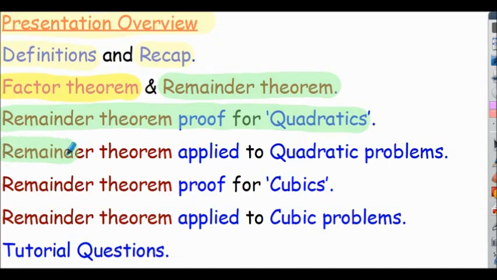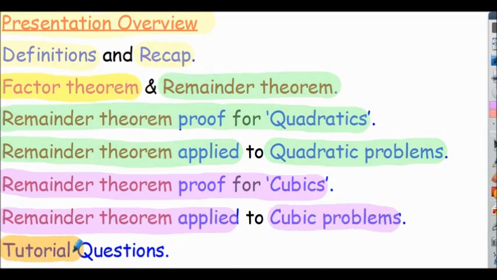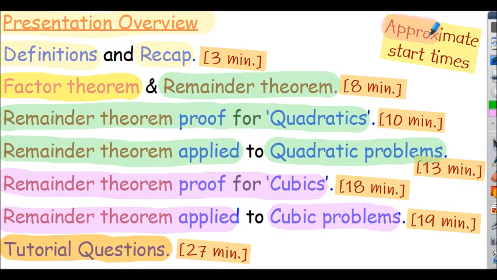We then have a section where remainder theorem is actually applied to solving quadratic problems, and then very briefly show remainder theorem proof considering cubics, and then we have a section where we apply remainder theorem to solving cubic problems. The presentation ends with some tutorial questions for you to attempt at your own pace, and for reference here are the approximate start times related to the various sections contained within the presentation,